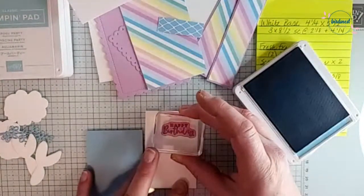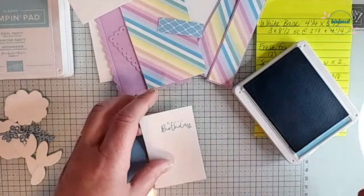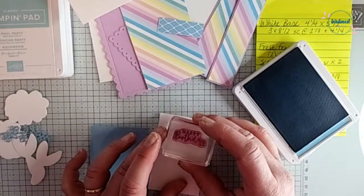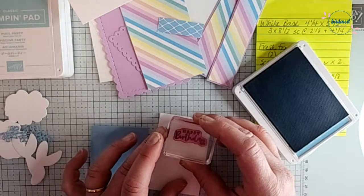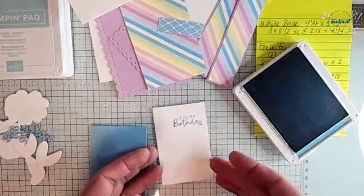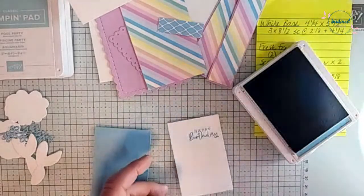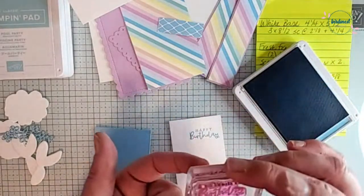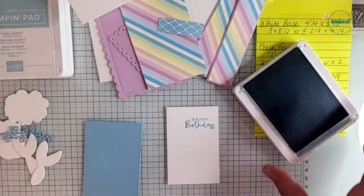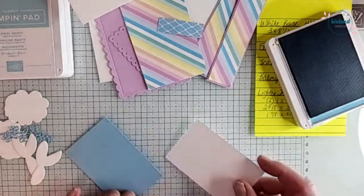So we got Happy Birthday here. And we're going to stamp Happy Birthday in the top right corner of our piece. There are 2 sides to every piece of paper. I always say that. But let's see if we can line this up. Oh, not too bad. Look at that. Okay, so when I originally stamped, part of the happy didn't stamp off. So the trick to lining it up that I find is do not try and re-ink your stamp. Just use it because the ink will still be on where it didn't hit. And so then you can often just recorrect it. However, if we hadn't been able to do that, we could have just flipped it over and stamped on the back. Okay, so this piece now can get attached